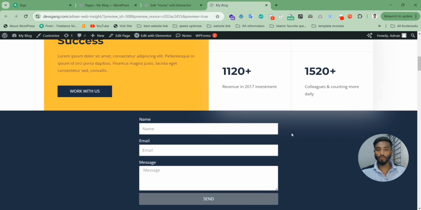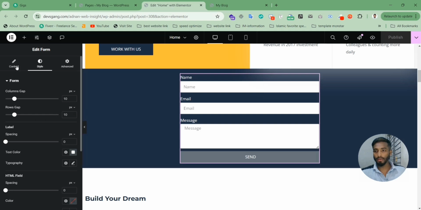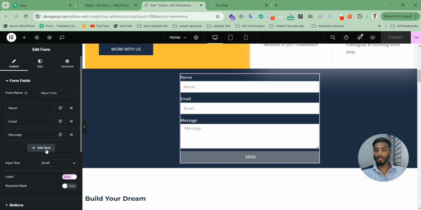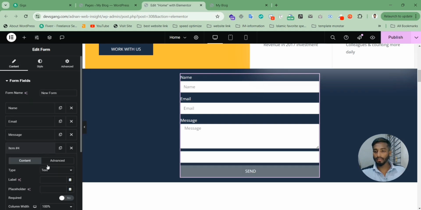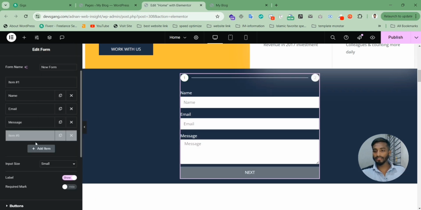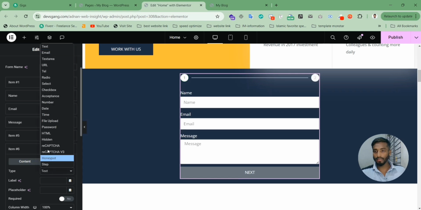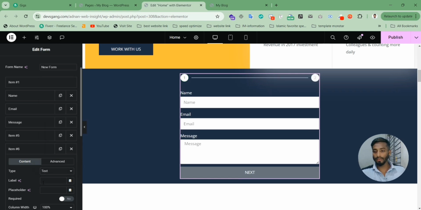And if we want to create any multi-step form, then we have to go here, and now we have to add an item, and we have to click here, and we have to select the step. This is the step, and if I want to add a next step field, then we have to click add item, and here we can add any new field. If I keep the field and type name here,